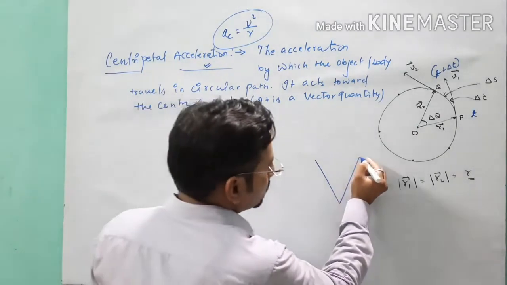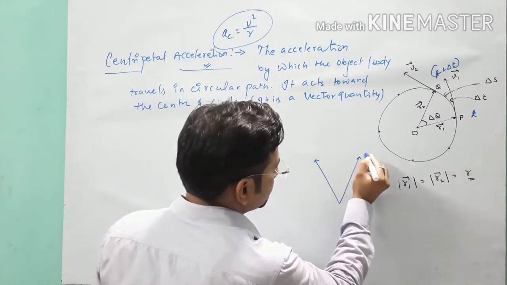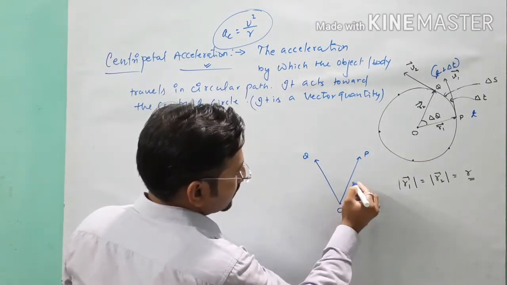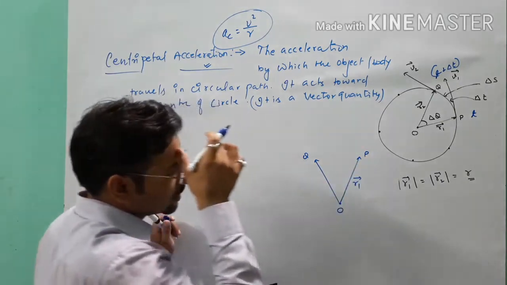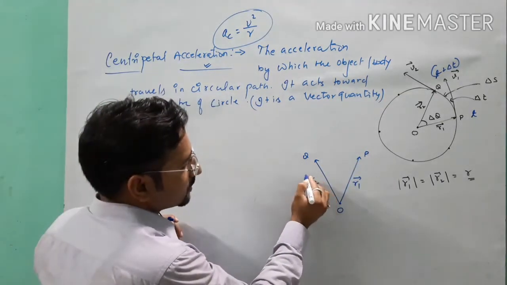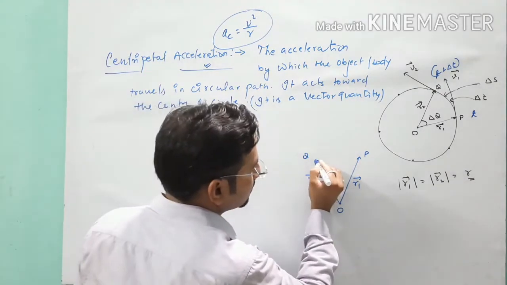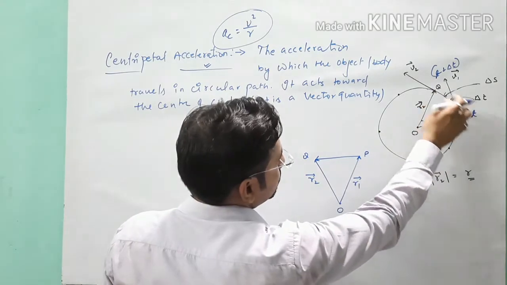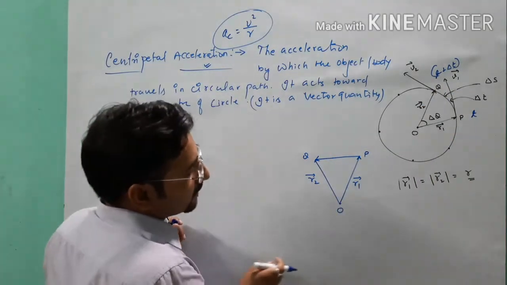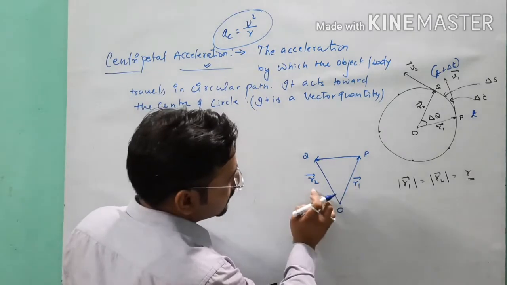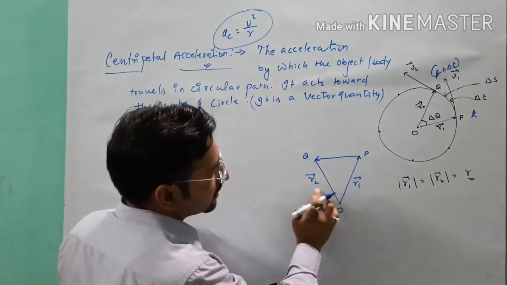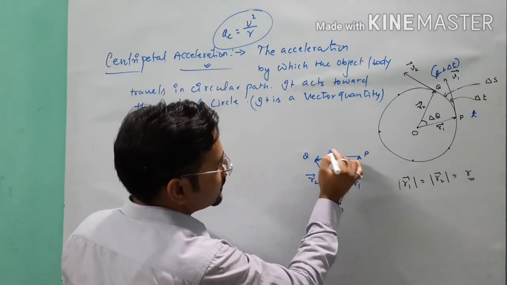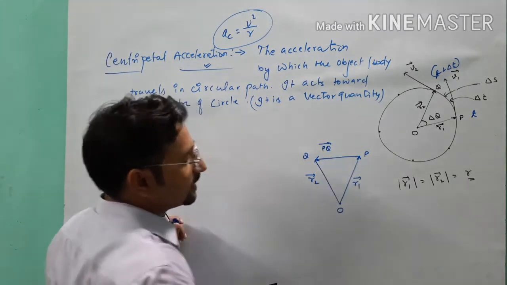So here in two different positions, suppose this is our position P, this is our position Q, and from the center O you can see here R1 is the position vector for the location of P and R2 is the position vector for the location Q. Here, when we write in terms of R1 R2, this PQ is a displacement, which is also a vector quantity.